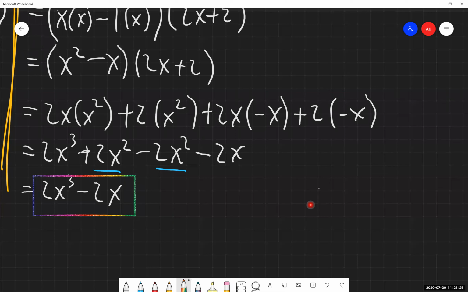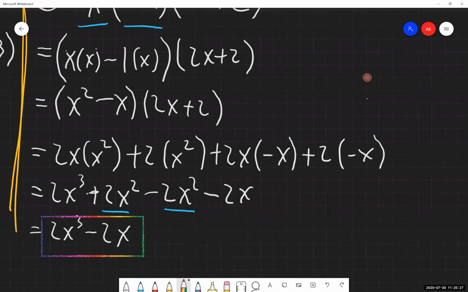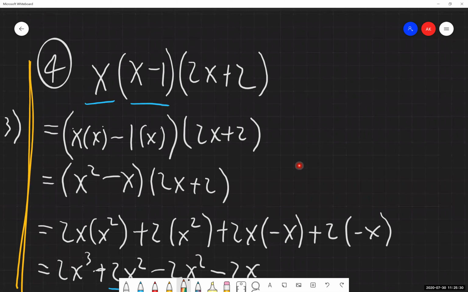So again, I cannot emphasize this enough. If we have 3 or more polynomials multiplying together, doesn't matter if it's binomials and monomial, if they're all binomials, if they're all trinomials, if there's a combination, mix and match of those, does not matter. If I have 3 or more polynomials multiplying together, only work with 2 of them at a time. If you work with all of them at once, I guarantee you're going to get wrong answers because we cannot mathematically work with them that way.